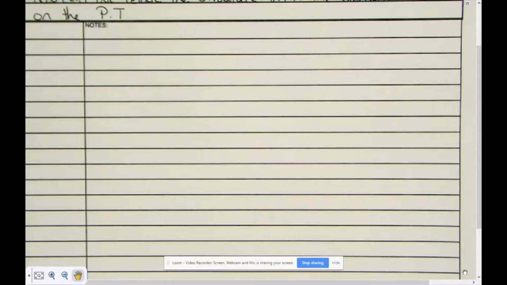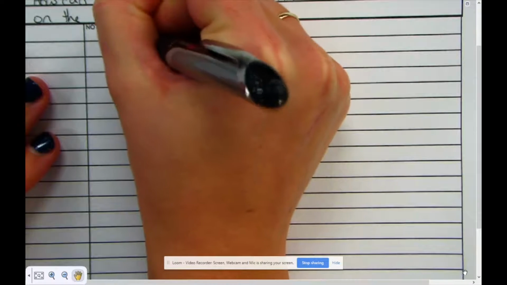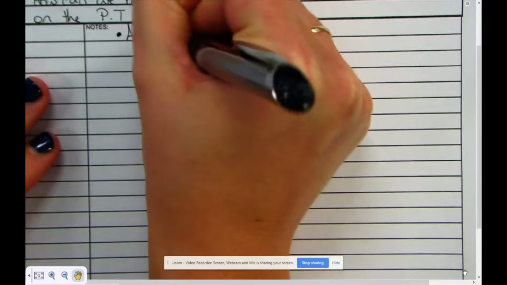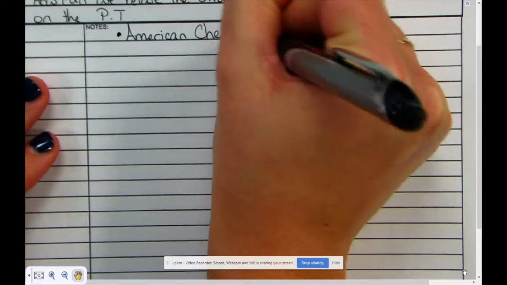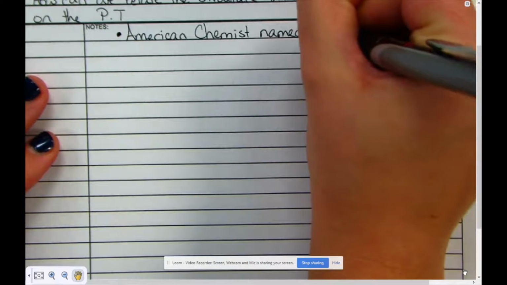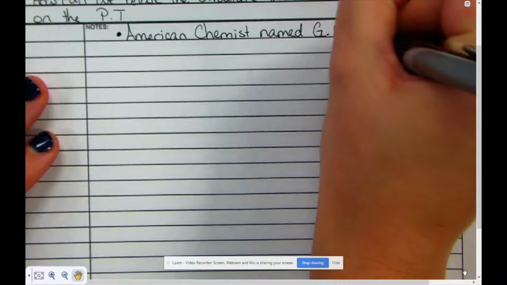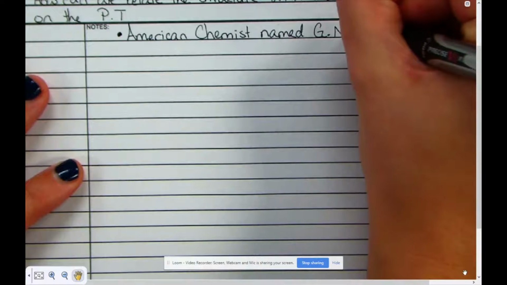Today we're talking about Lewis dot structures. And this is one of the rare times in this class we get to write a name down from an American. So, there was an American chemist, and his name was G.N. Can you guys guess what his last name was? Lewis. Good job. G.N. Lewis,